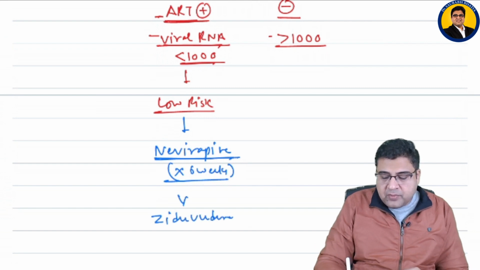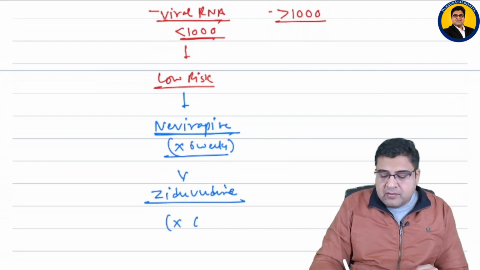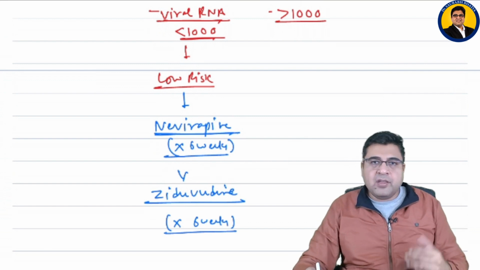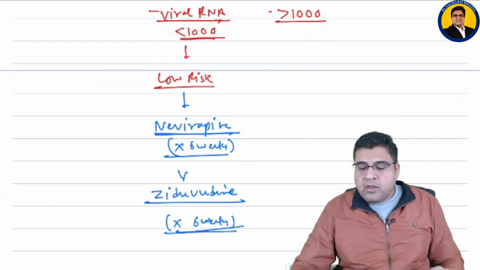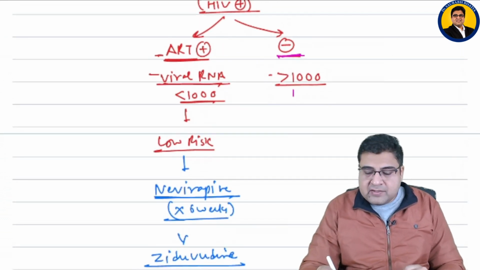zidovudine. So zidovudine is a second drug as an alternative to nevirapine in case you are not comfortable in giving nevirapine or the baby is getting a side effect like hepatotoxicity, so zidovudine can be given for 6 weeks. But if the mother is not taking antiretroviral therapy and the virus load is also very